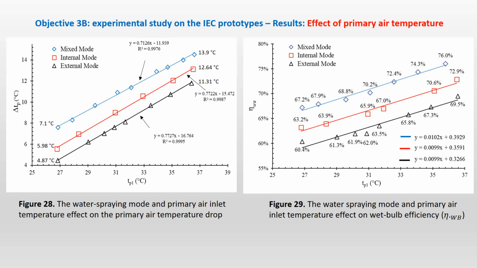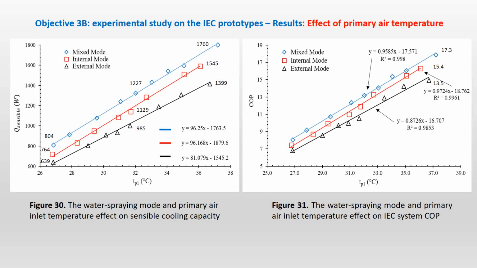Obviously, the wet bulb efficiency is going to be increasing. The Q sensible is going to be increasing. Just imagine that we got 1,760 watt cooling capacity, half a ton, for 24 wet channels only. Again, if we expand this to a higher rate, then we can get the same cooling rate as a small substitute unit with 200 watts.